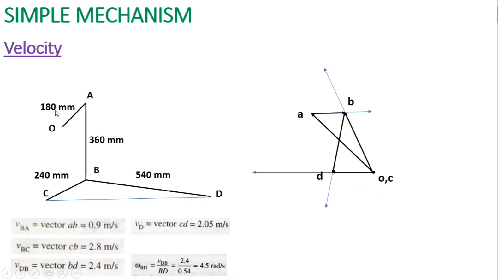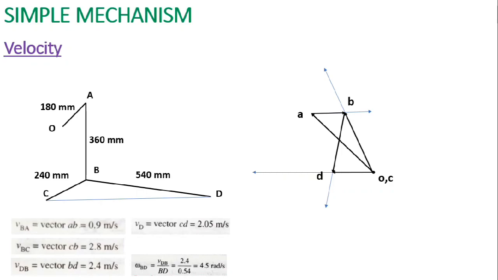Now suppose the angular velocity of link AB is asked, how are you going to solve this? You can just try and put the answer in the comment section below. Similarly, for the angular velocity of CB also you can try using this equation for BD, and whatever answer you get in radians per second, you can put that in the comment section below. Let us see how you will obtain the angular velocities of link AB and BC. So this is about the velocity.